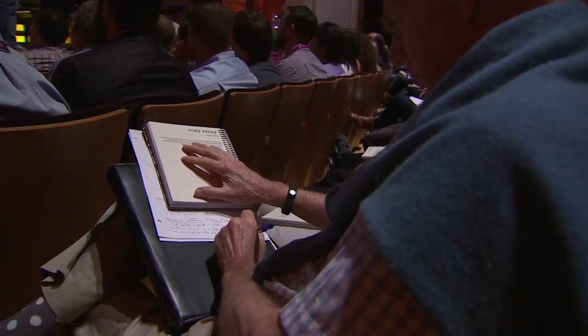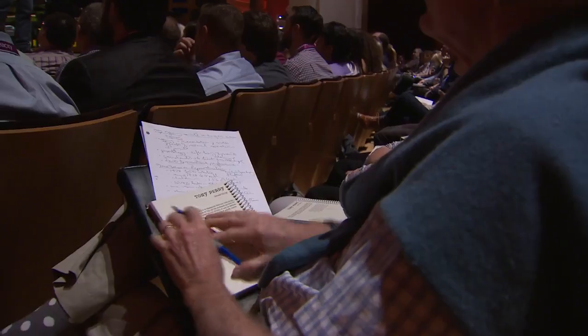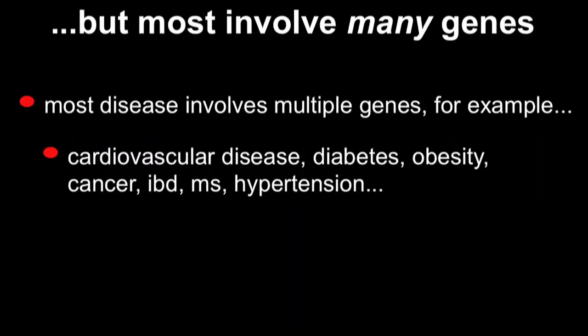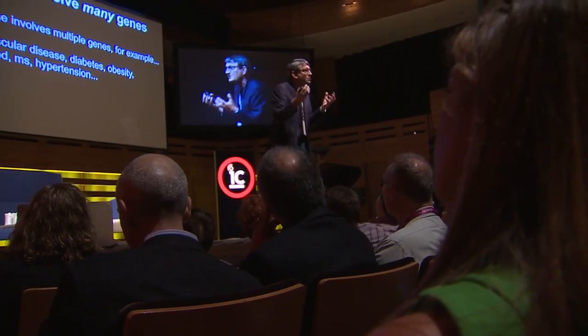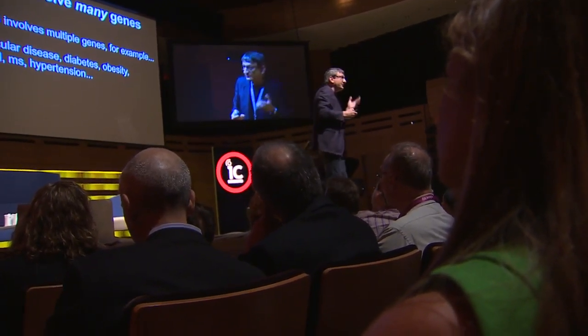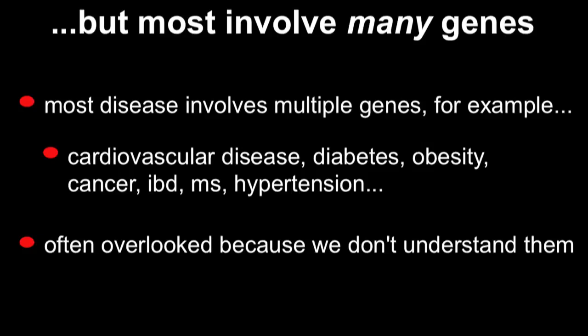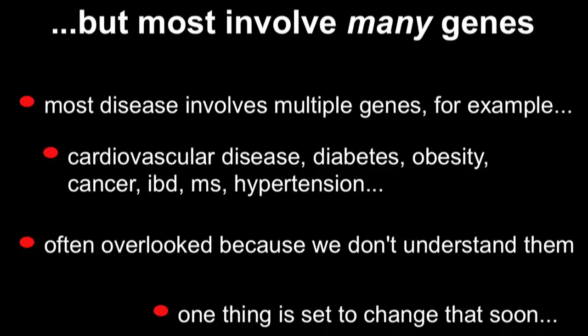But in fact, all disease probably involves many different genes. You can think of this in terms of all of the major killers in Western economies and elsewhere. You probably recognize some of them here: heart disease, chronic heart disease, obesity, diabetes, certain kinds of cancer, or all kinds of cancer. So an enormously important problem. There's a genetic component, an environmental component, and the interactions are phenomenally complicated. With the genetic contribution alone being so complicated, we've overlooked the problem because it's just too difficult. But that's probably about to change, and it's about to change with one technology in particular: